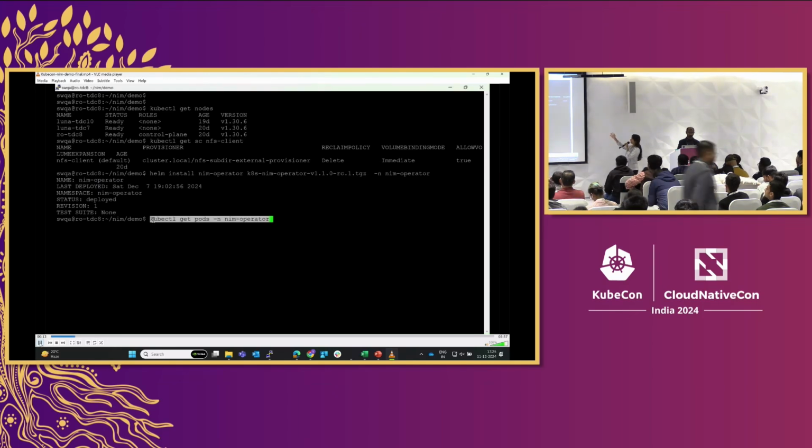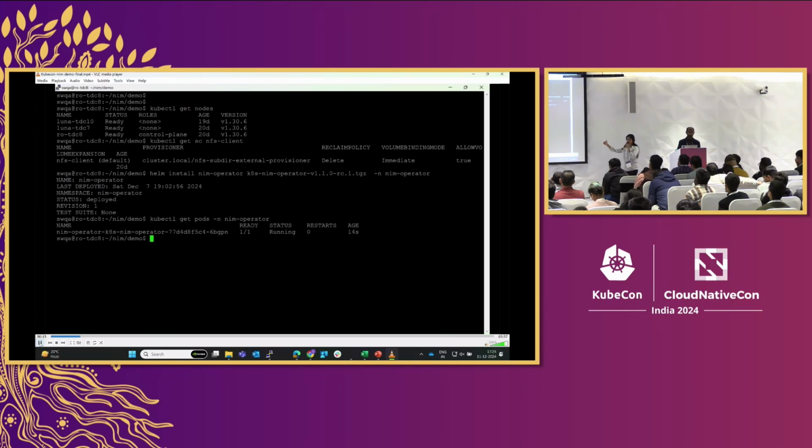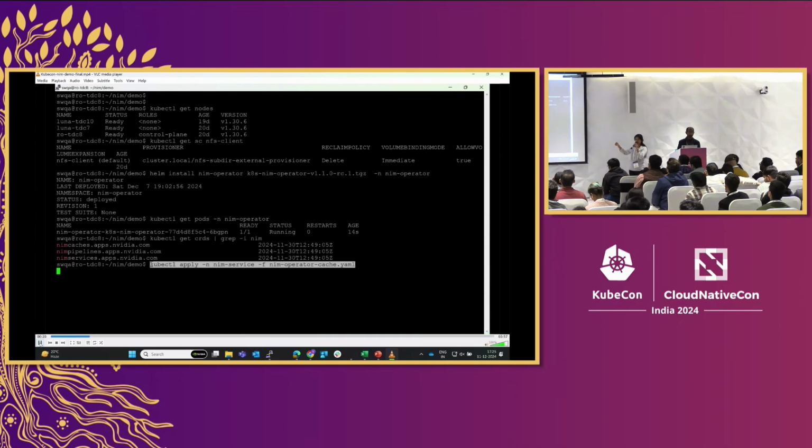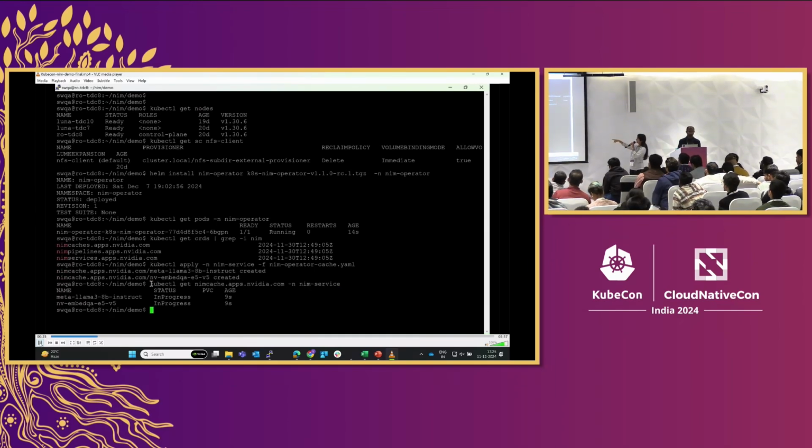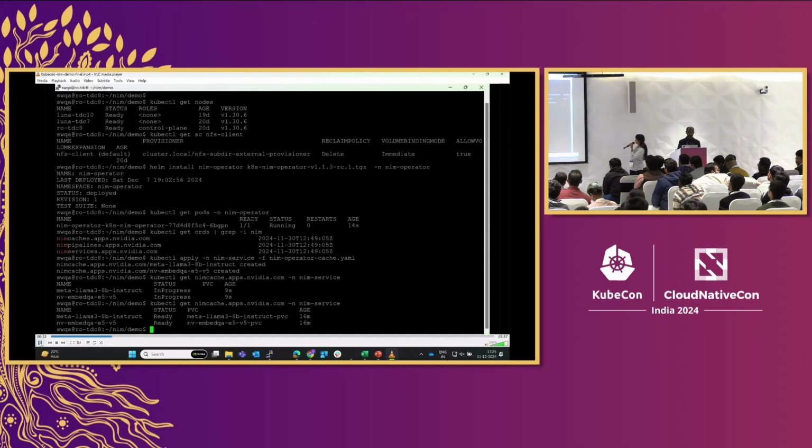So we just installed the operator, created the CRDs, and now we'll create custom resources for NIM cache first, and then the NIM service itself. You see now the NIM service is getting created, and it is now ready. So if we can pause here, you see there are 2 inferencing microservices that we are trying to chain and pipeline here. So we need the front end and the chaining server, which we will come to. So this is the first half of the infrastructure that is already ready.